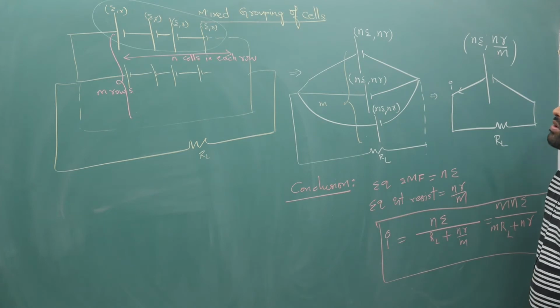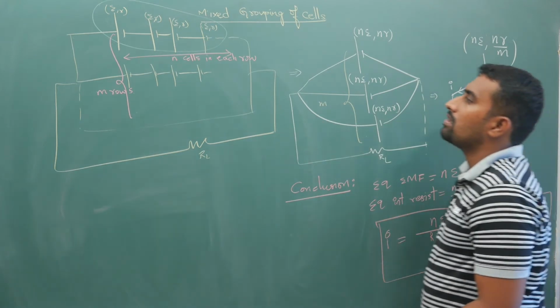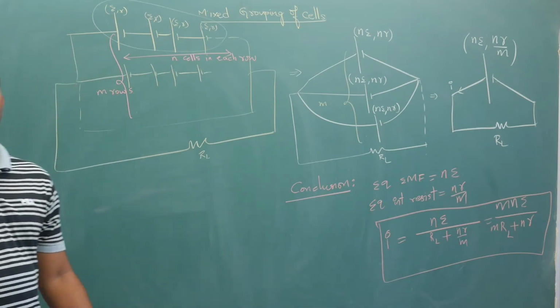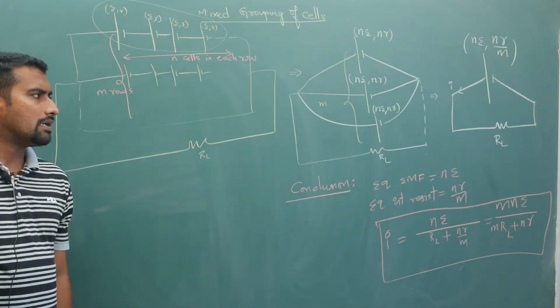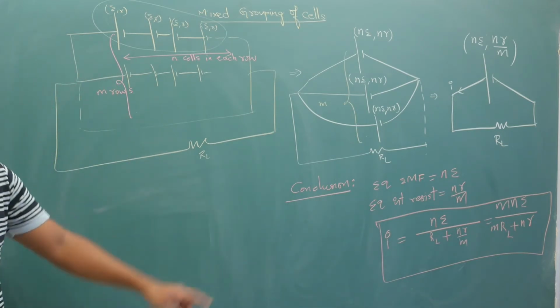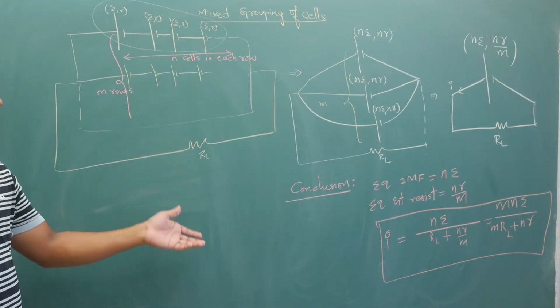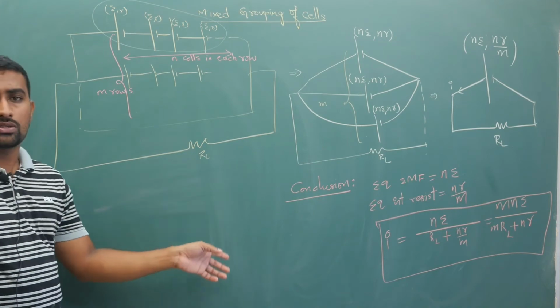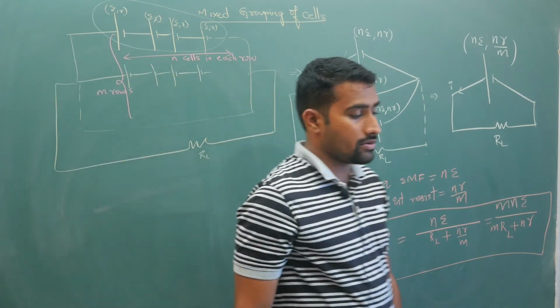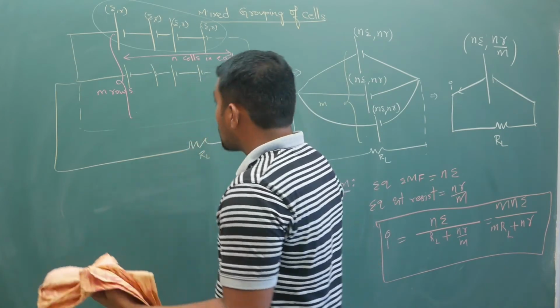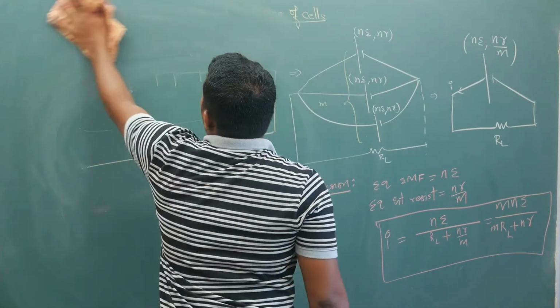Copy this step down, pause the video clip, and copy these values. Once you get these values, I will go ahead to the problems part. No, not problems yet. First we will see the maximum current condition, then some other things, and then problems. I hope I can erase it. You have got the logic. So I am erasing it. Hope you have copied it down.